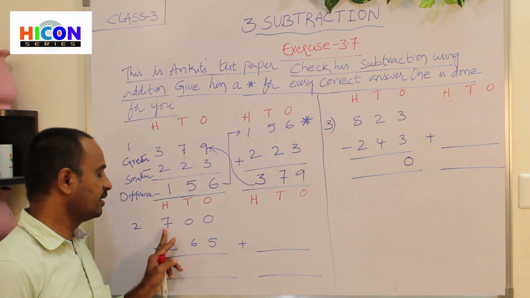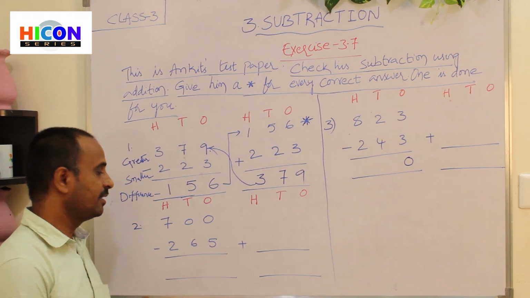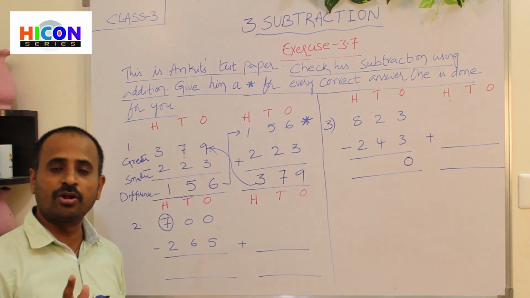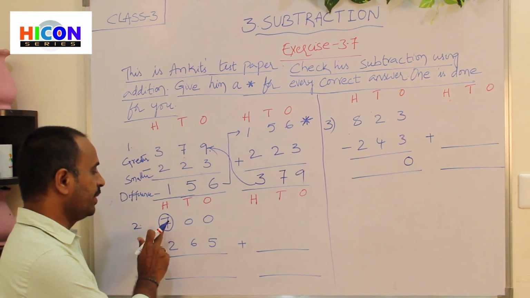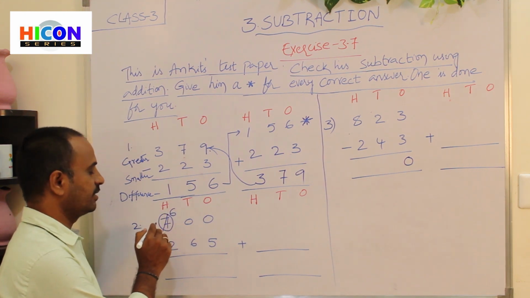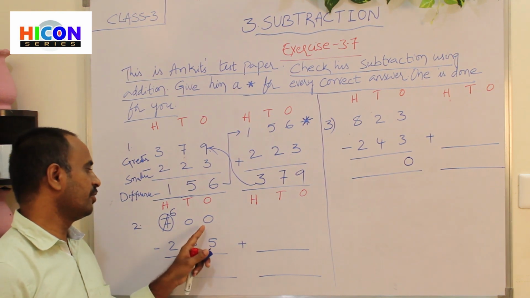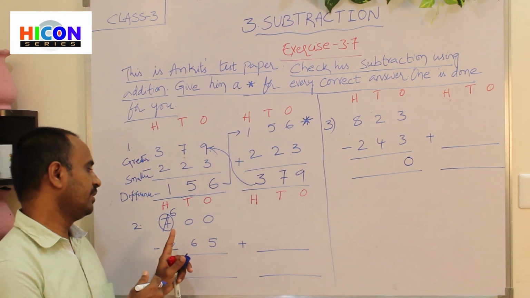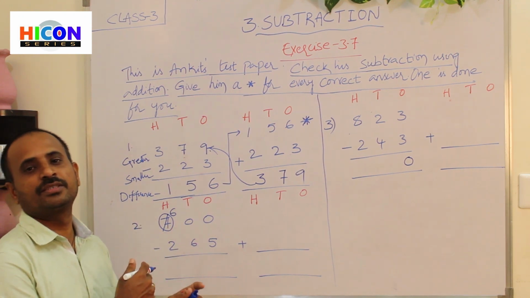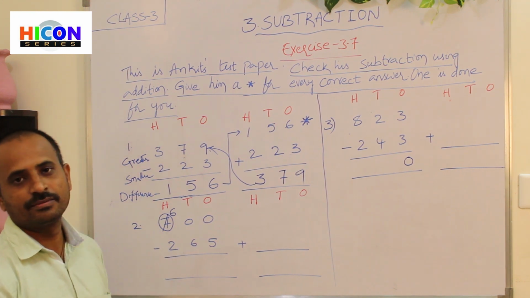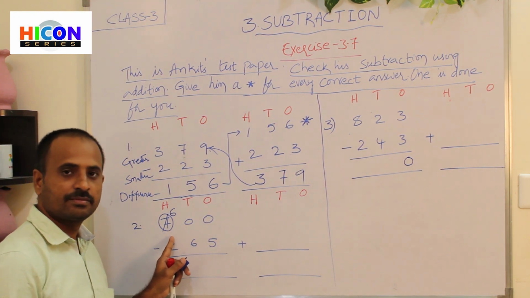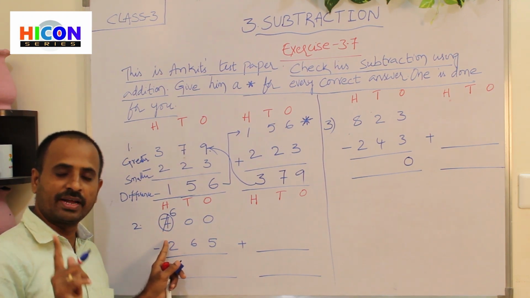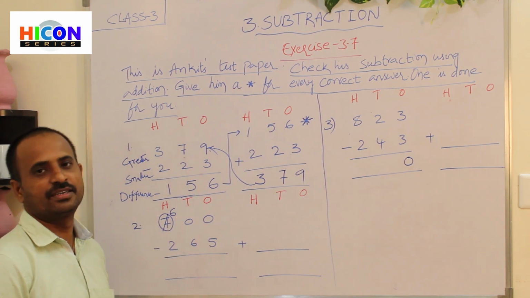What is the next place? Hundreds place. How many hundreds are there? There are 7 hundreds. So borrow from 7 hundreds. If you borrow 100 from 7 hundreds, how many hundreds will be there? There will be 6 hundreds. So write 6. If there are zeros in the next place, then go to the next place. Continue this process until we get a digit. So here, go to hundreds place, borrow 100 from 7 hundreds, and there will be 6 hundreds.